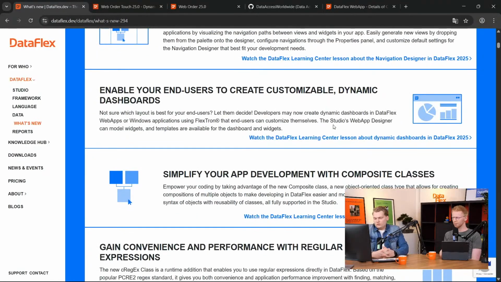Let's go back to the What's New page. The second feature in the What's New page is something about dashboards, and the third option is something about composite classes. Can you tell me a little bit about composite classes? Yeah, so the big thing about the composite